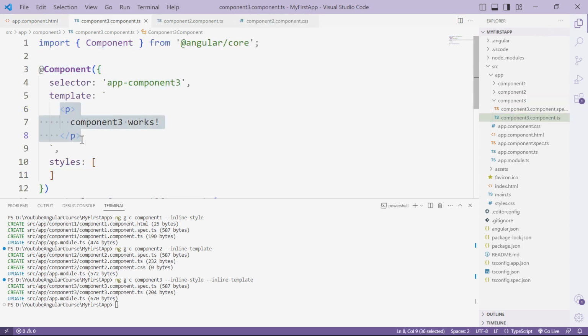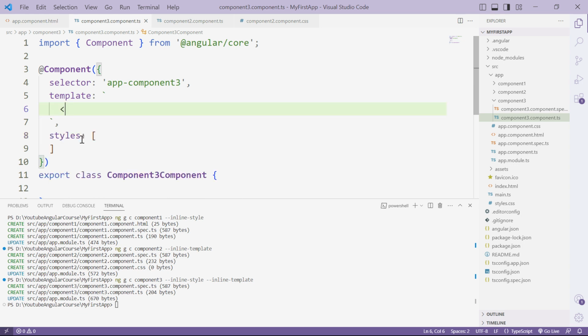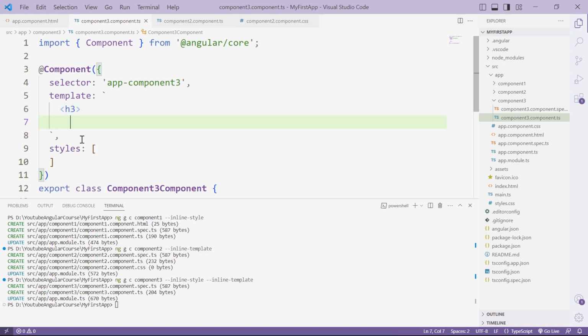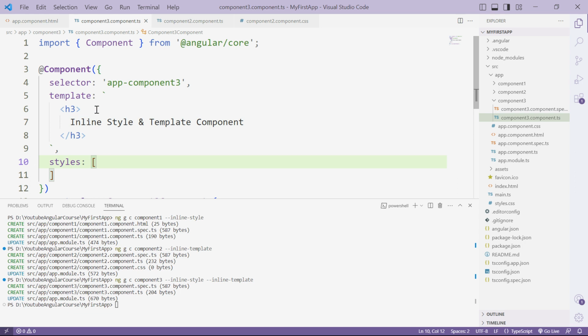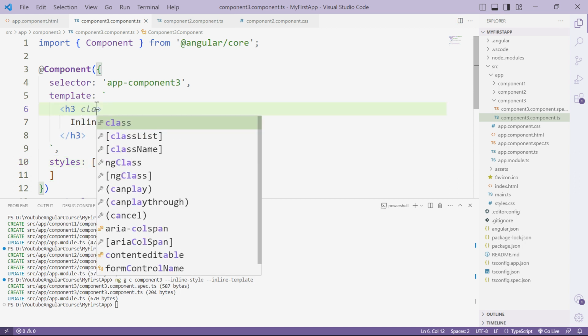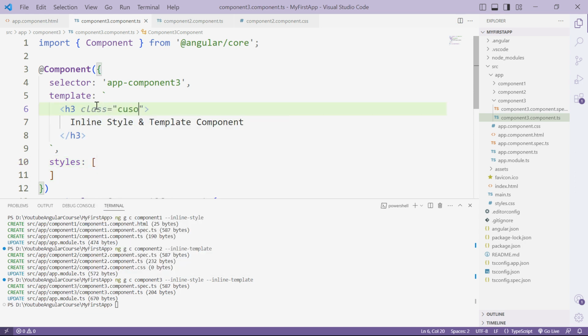Here again I am going to write template as h3. Let me close this 3 also. In the h3 I am going to mention inline style and template component. The same style I am going to write in styles. So let us provide a class here. The class is custom, and in the custom class, let us define it with the backtick. The backtick is really very important here. So dot custom,